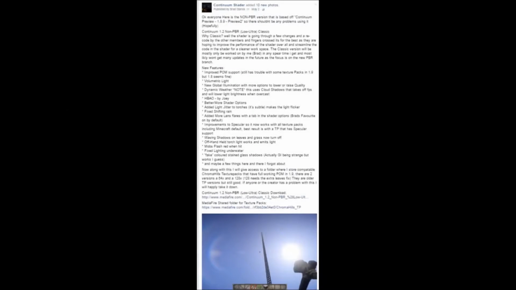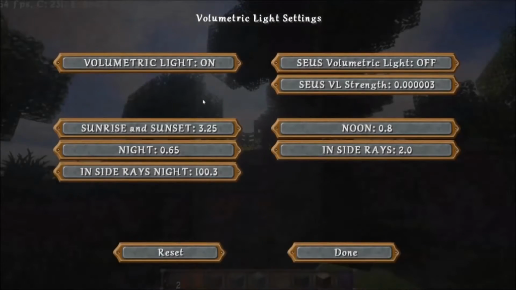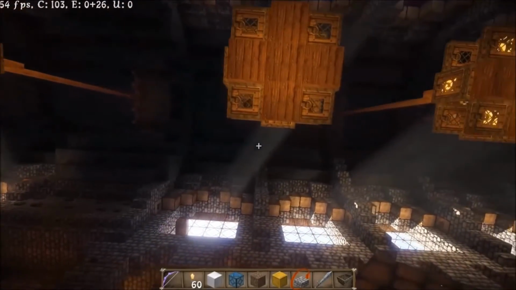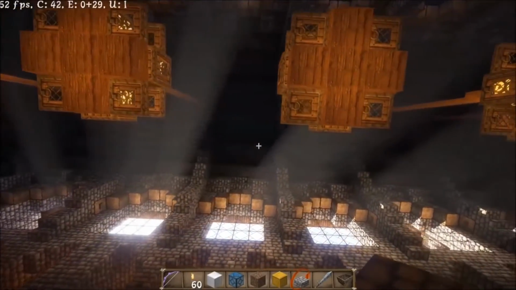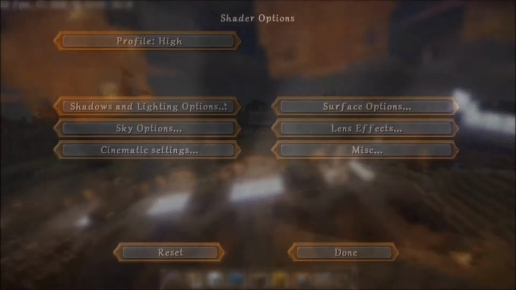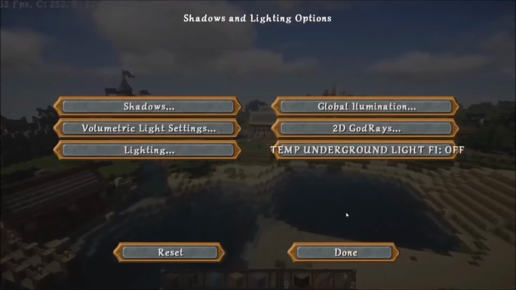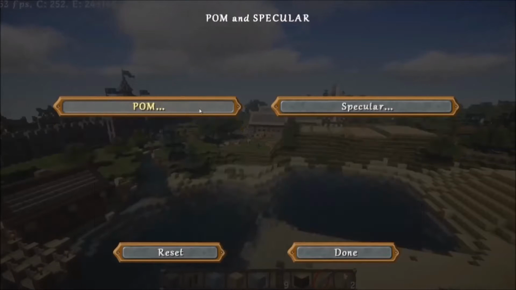So on the 2nd of May 2016, I released the 1.2 non-PBR classic version of Continuum. The classic version was pretty much the updated version of the 1.8.9 Preview 2, which included the new POM support that the team had been working on, volumetric light, the new global illumination that Joey and the other team have been working on, the new dynamic weather, HBAO, a larger range of shader options, along with